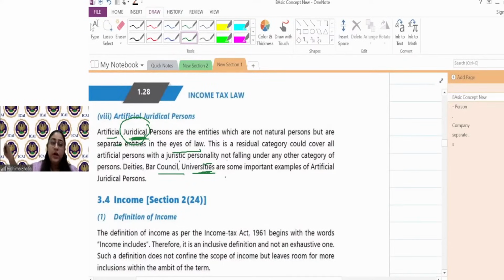But for you people at your level and having a very thorough understanding of individuals, HUF, companies, and firm, specifically these four are extremely important. Extremely important because individual and HUF se related computation is there, everything is there, so you should have an understanding of it. Companies के लिए there would be certain provisions which would be referred, and firms के लिए भी. नेक्स्ट लेवल पे जाओगे, वहां पे जाके एज इन फाइनल लेवल पे एओपी का कॉम्पिटिशन, ट्रस्ट का कॉम्पिटिशन इज देयर, देन वो उस लेवल को छोड़ते हैं। ठीक है, बट हाँ, हैविंग अ बेसिक अंडरस्टैंडिंग इज एक्सट्रीमली इंपॉर्टेंट।